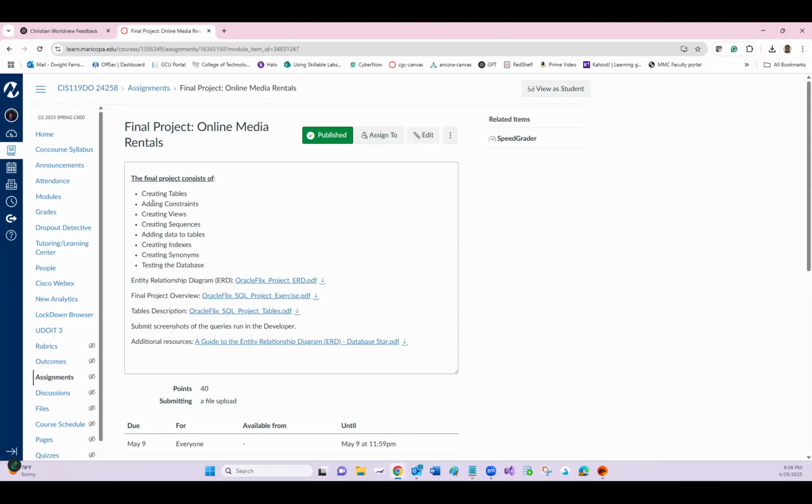So you're going to create tables, you're going to add constraints, and then you're going to create views. You're going to create sequences. You're going to add data to the tables. You're going to create indexes. You might want to reverse those. I put them in this order just to give you the practice of figuring out what to do first, et cetera. So you're going to create synonyms from whatever object you need to, but I do want you to actually go through the process of creating synonyms, and then you're going to test the data by running